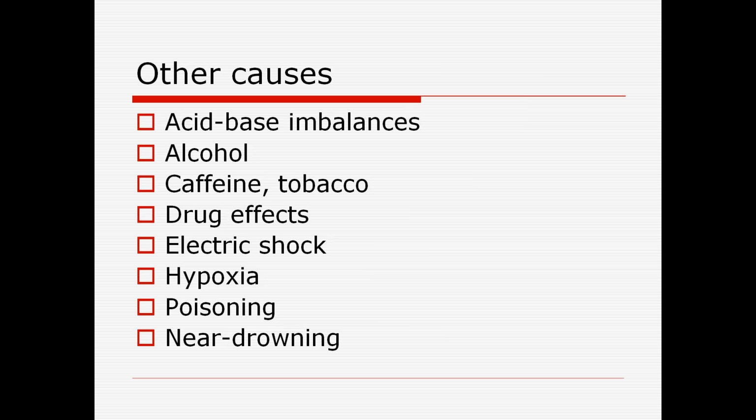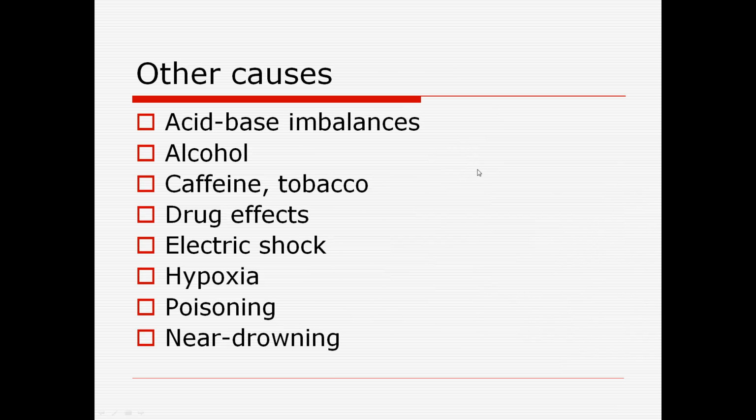If somebody is in high metabolic acidosis, that's also going to cause a dysrhythmia. If that gets high enough, the patient will code from high potassium. Alcohol, caffeine, drugs, being hit by lightning, not enough oxygen, poisoning, near drowning, all of these can cause a dysrhythmia,